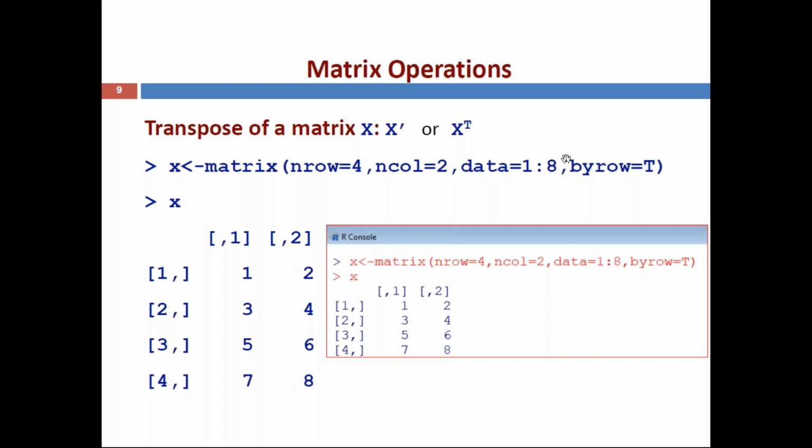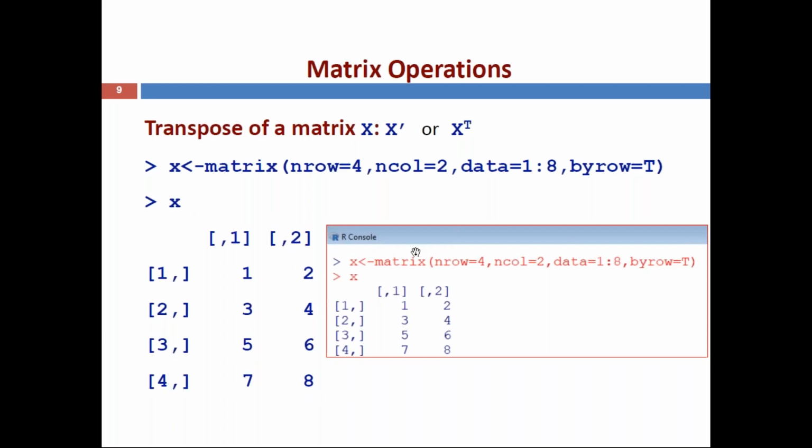Here we use continuous numbers 1 to 8 instead of giving 1 comma 2 comma and so on. It takes more time if the range is more, like 100. So 1 comma 2 comma up to 100 is time-consuming. In this case, we will use the colon, starting value, ending value. So if you give 1:100, then the matrix is filled with values 1 to 100. Here we are giving byrow equal to TRUE, that means this matrix is filled row-wise. Now you can see the output 1 to 8: the first row 1 2, second row 3 4, third row 5 6, then fourth row 7 8.